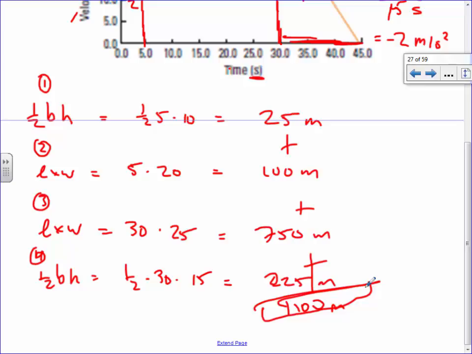Okay. So, quick summary of what we've done so far then. I need you to know how to do three things using a graph. First one, if you want to find an acceleration, you need the slope of a velocity time graph. If you want to find velocity, you need the slope of a position time graph, or distance time graph. And then finally, if you want to know how far you traveled, your distance, you need the shape area underneath